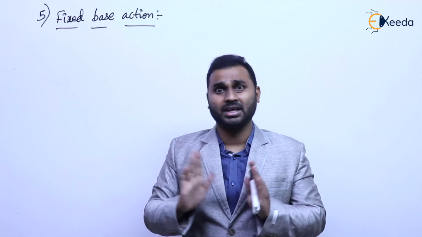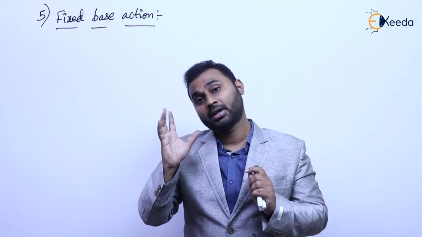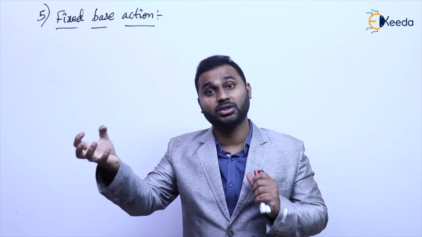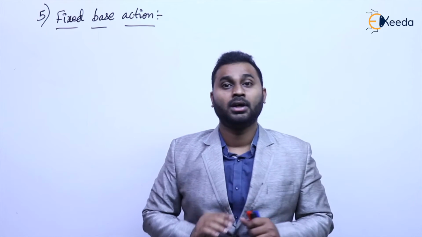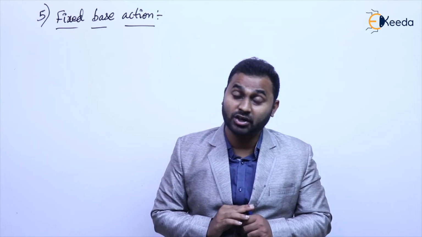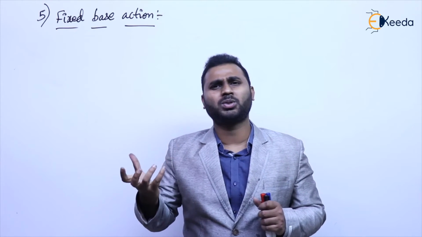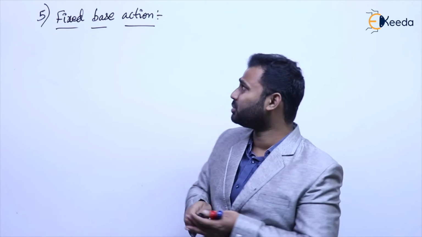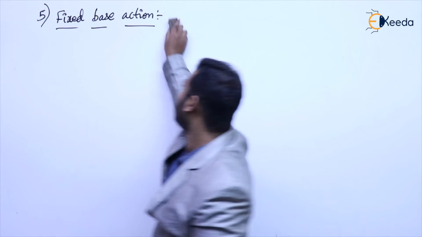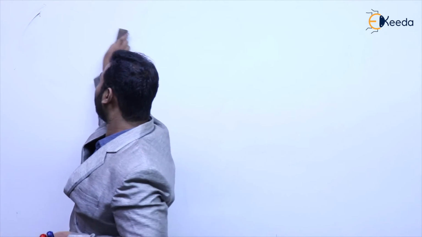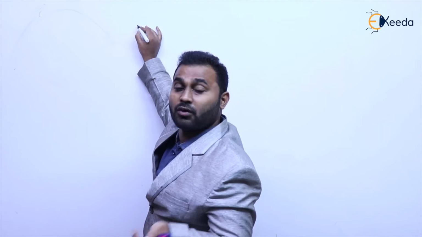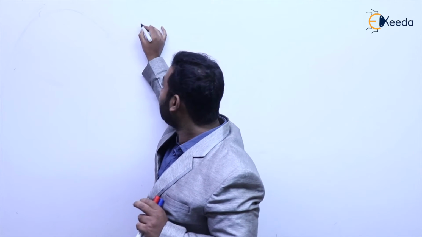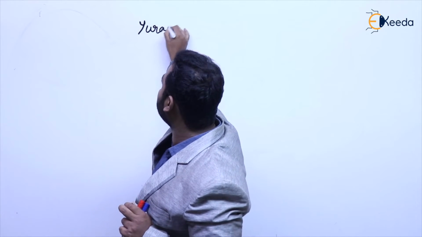Now, as I said, the design procedure is not at all important, but one thing that is very important from the design procedure of a beam column is the approximate formulas used for initial sizing. There exist so many approximate formulas. Out of all those approximate formulas existing for initial sizing of a beam column, one equation is preferable, that is Ura's equation.